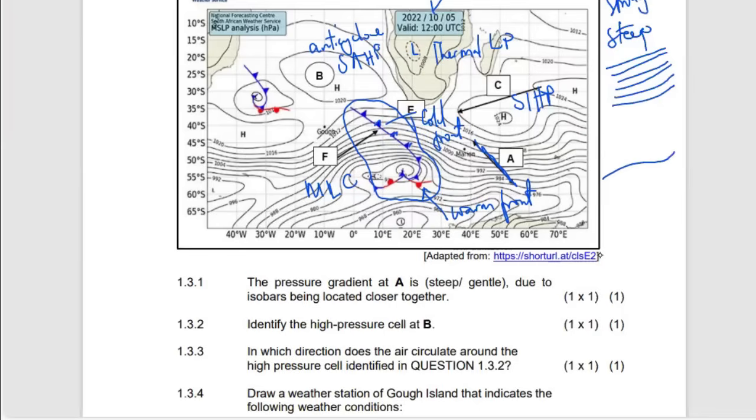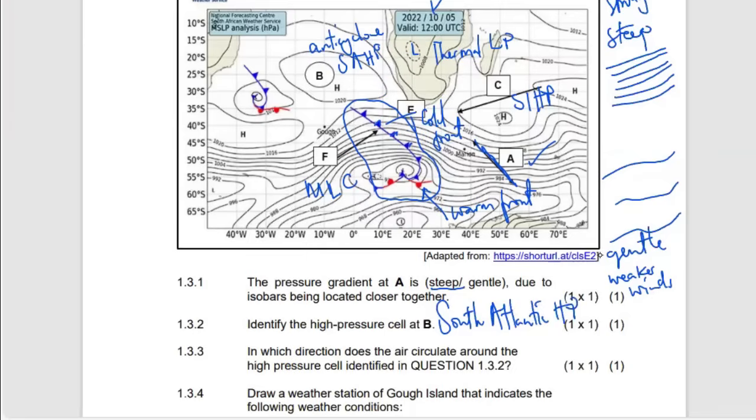But where we see our isobars spaced apart, this is what we call a gentle gradient. And a gentle gradient results in weaker winds. Right. So if you are to interpret here, we can safely say it's a steep gradient because isobars are close together. Then identify the high pressure cell at B. I think we have already indicated that this is the South Atlantic